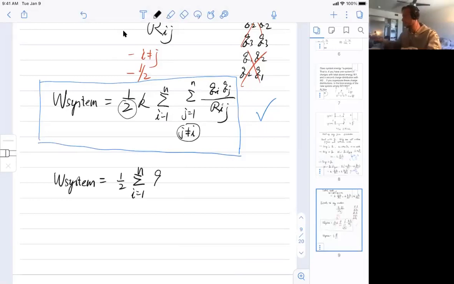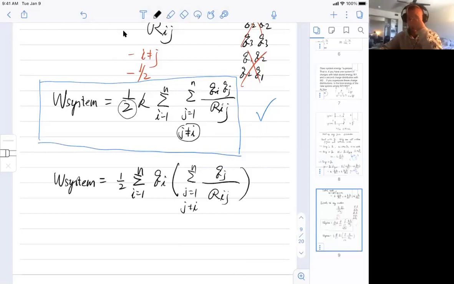I'm gonna put Qi in front, and you have another sum that's Q of J, sort of, I'm going to put K here. So you can see this term in the parentheses is really a potential term, right? So this is the potential of all the other charges, the potential at point I